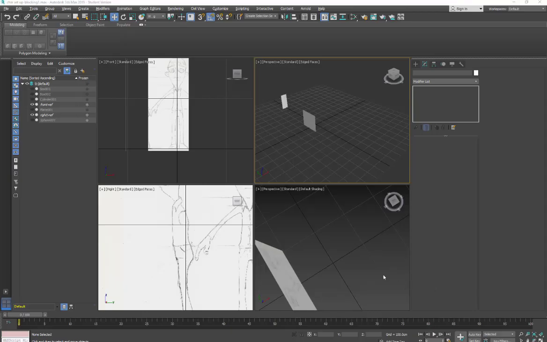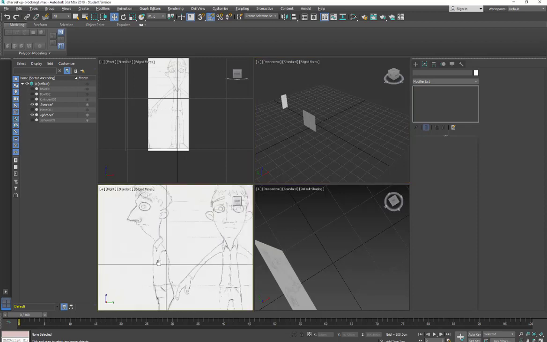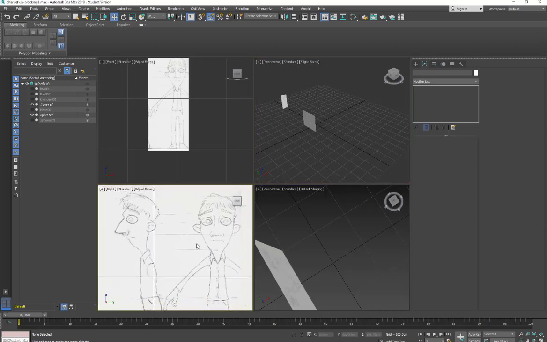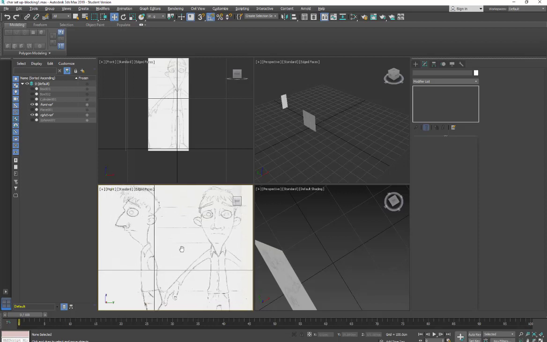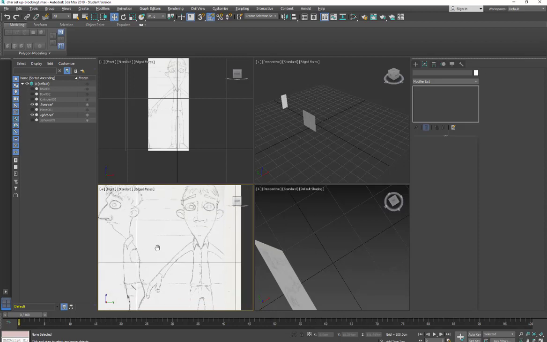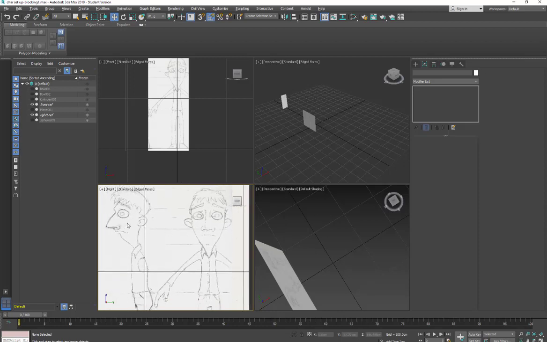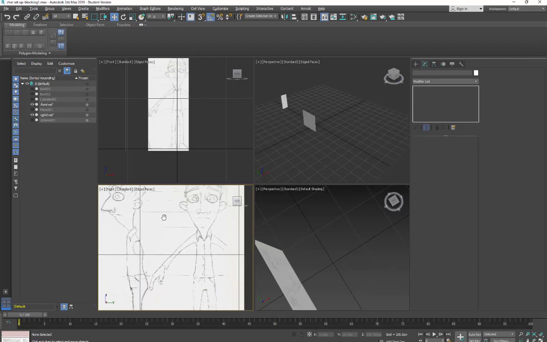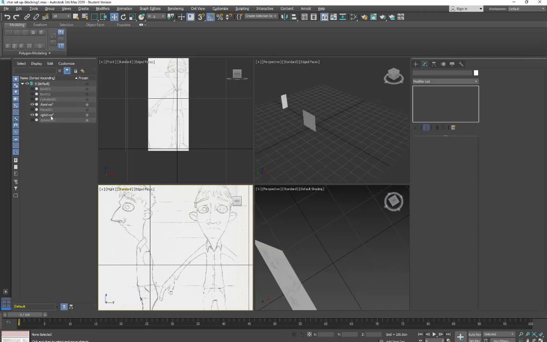Okay, I'm in 3ds Max. I'm going to start modeling this simple character. Now I have this reference image, front view as well as the right view, and I've already adjusted this one, but in this view I have the two images, and what I want is to not accidentally move it or use the wrong one. So with this one I've already cut it down, and we're going to do that to